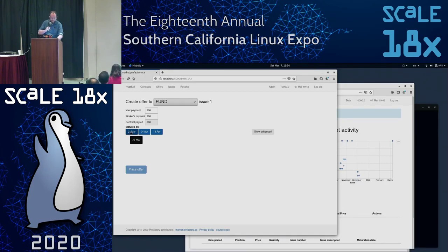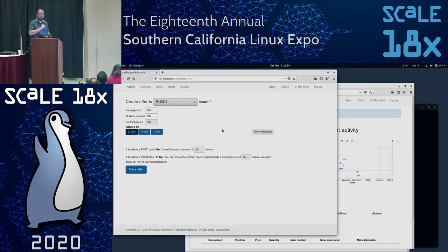And Adam's going to say, let's have this mature on 21st March, earliest available maturity date. And now we can see the market fills in the details of the offer that Adam's making. The market says, if this issue is fixed on 21 March, you will lose your payment of 200 tokens.